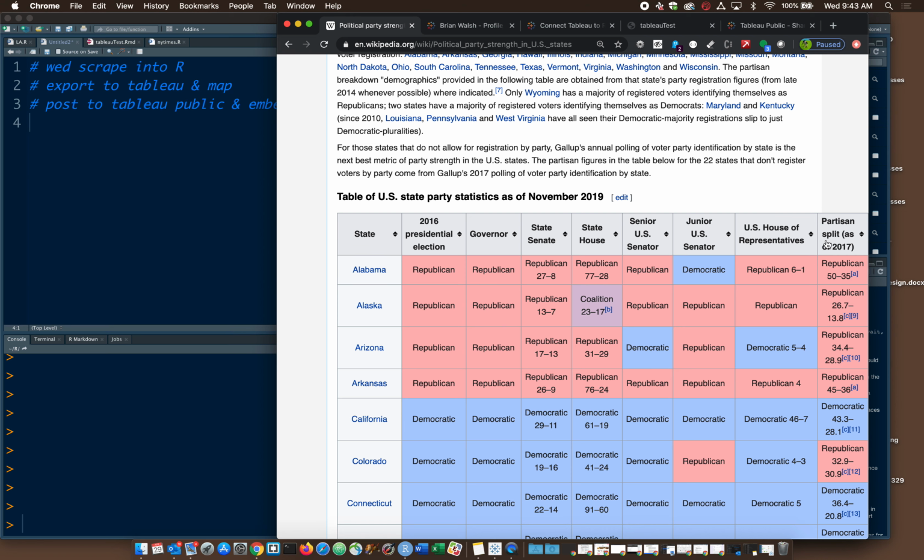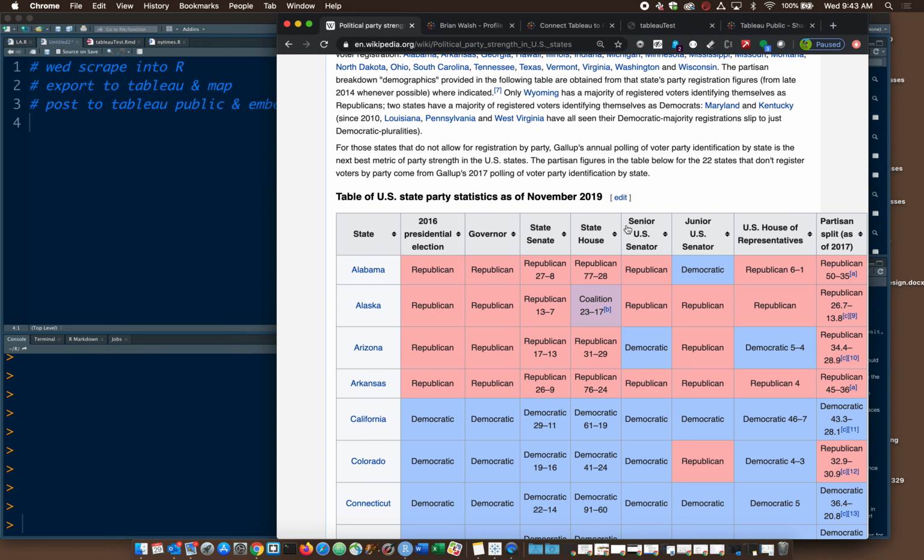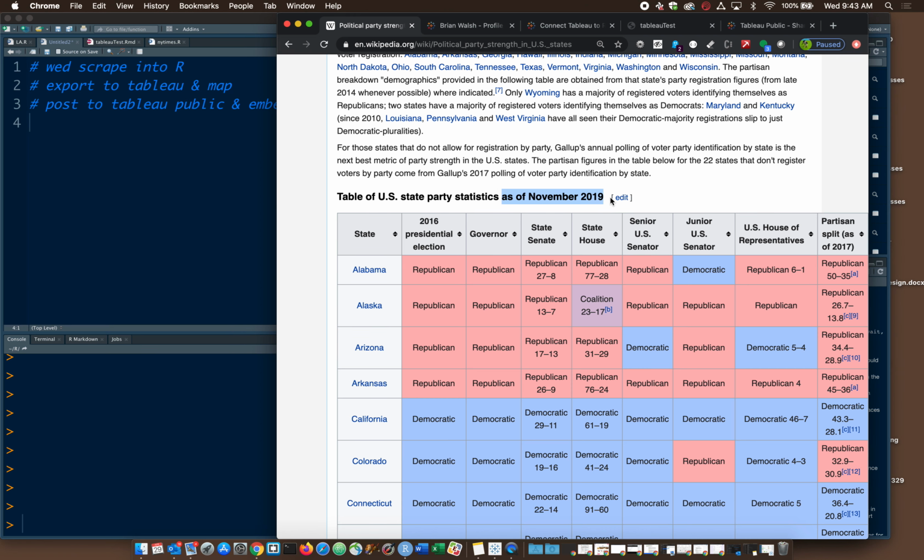That's as of 2017, so the dates are a little off. There's also election data from 2018 and 2019. You can see this is as of 2019. So just things to keep in mind if you're doing comparative analysis. Here's the URL